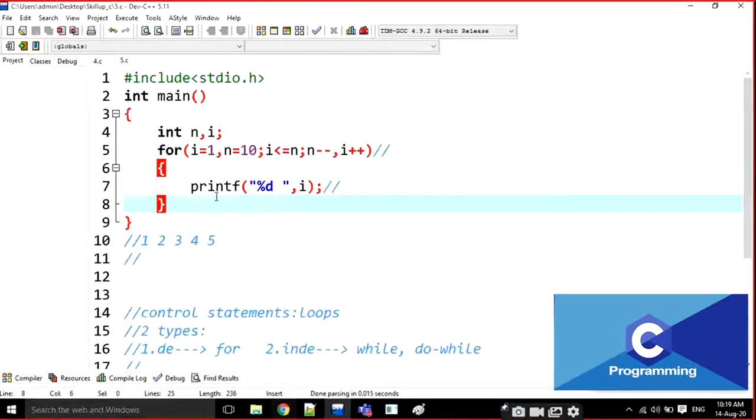We can write n number of blocks, and n number of statements in a single block. We can write n number of statements separated by comma within one block.